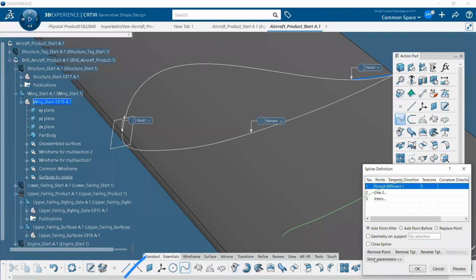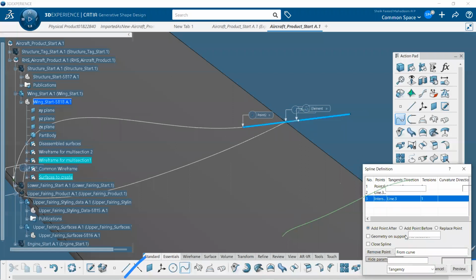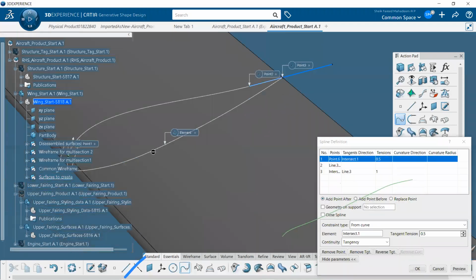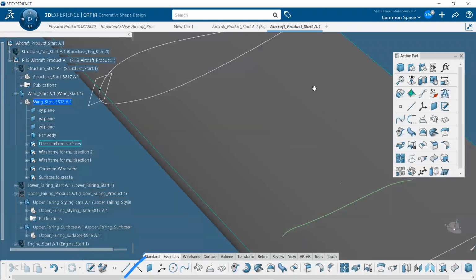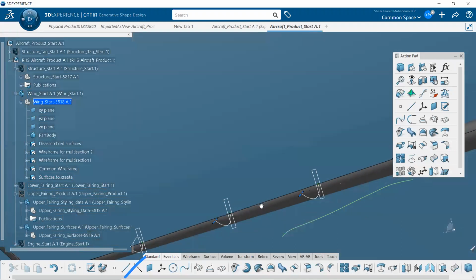And in show additional parameters, select the first thing, make it 0.5. Set preview, you can see the perfect profile is created. Then click OK. You can see now that a perfect profile is created with respect to the intersection that we created.